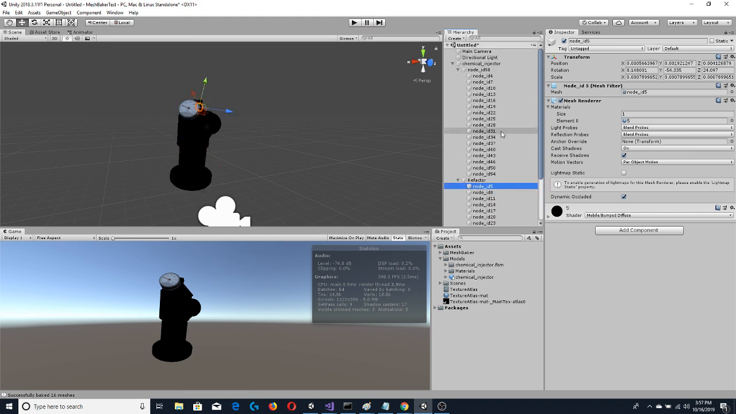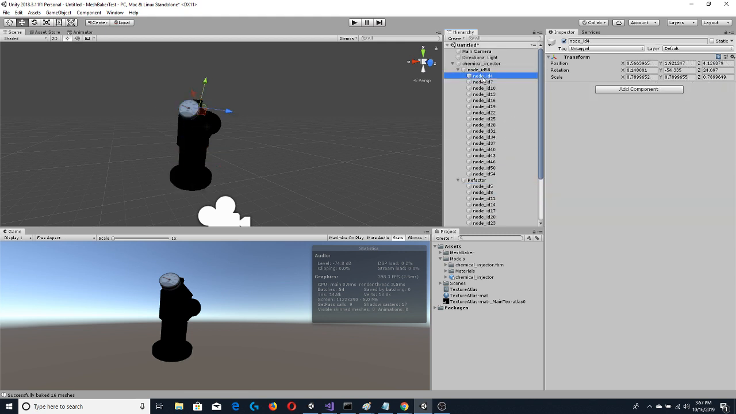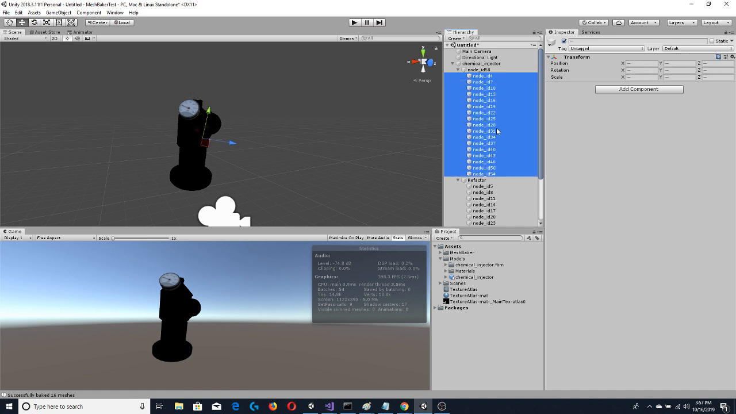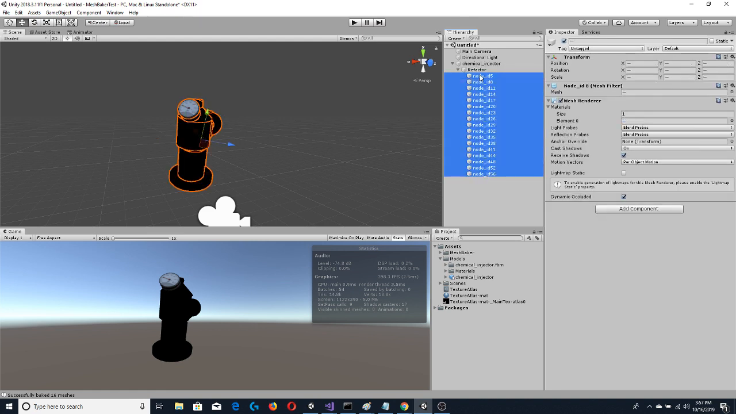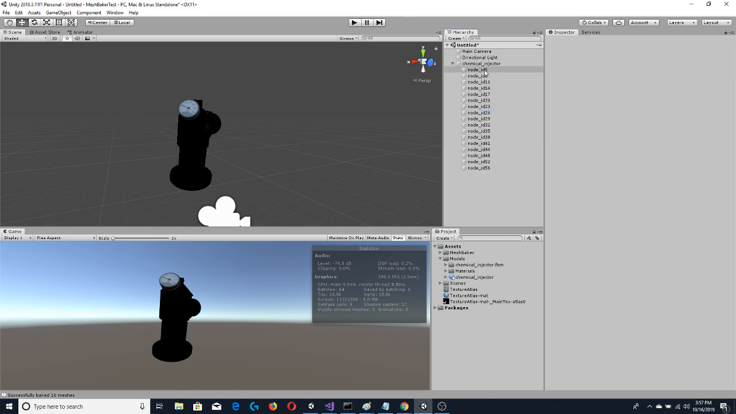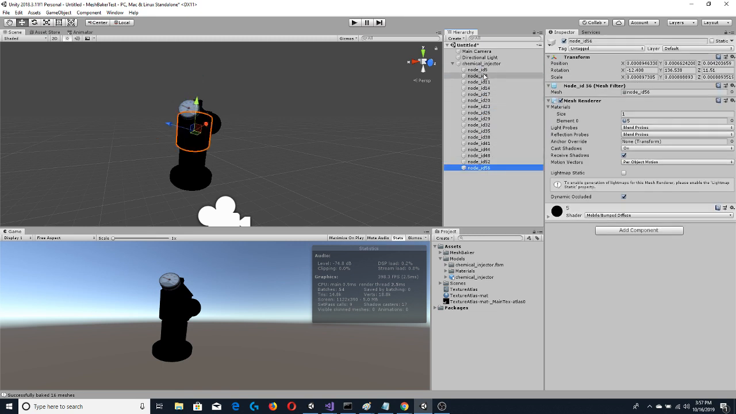Okay, good deal. I'm going to go ahead and delete this set. Take my refactored nodes and drag them up to chemical injector, get rid of the refactor object. Okay, everything is flattened out. The thing I want to do is make sure that every node here is using the mobile bump